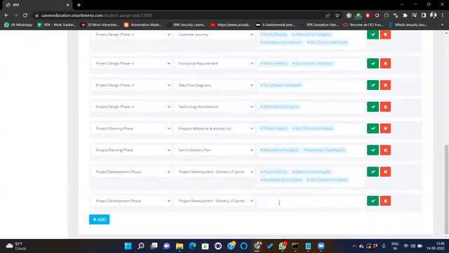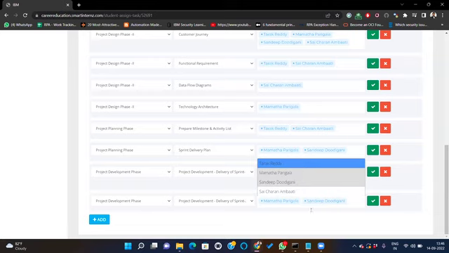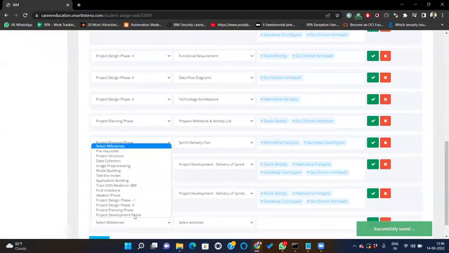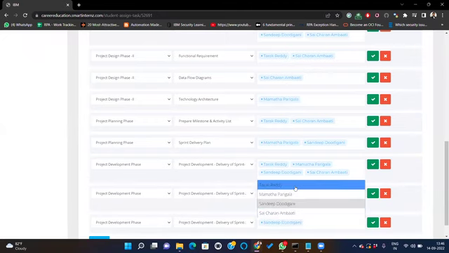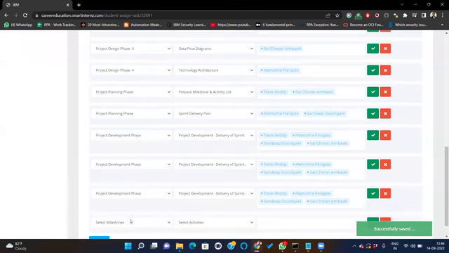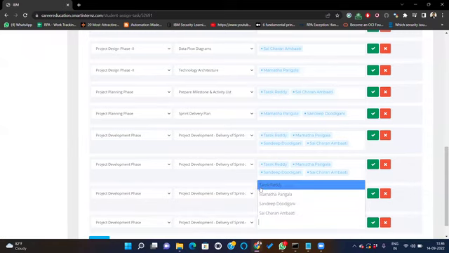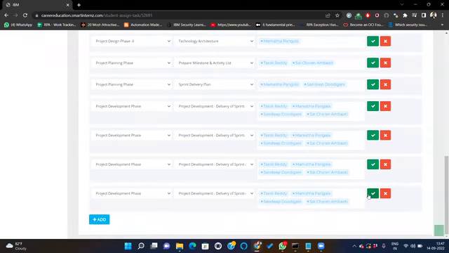Sprint two. Okay. Sprint three. This member selection again depends on the team leader. It's not that if I'm selecting all, they have to select all too. I'm just selecting all because the project development phase is where people usually mix and work together. That's the reason I'm doing this. They can do it as they decide.